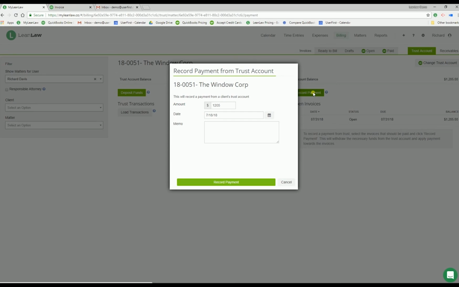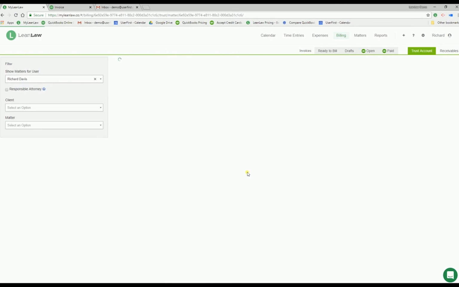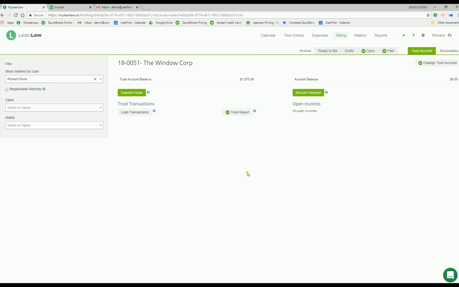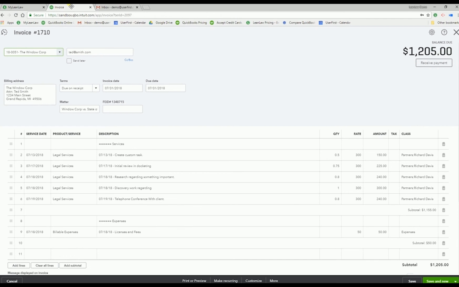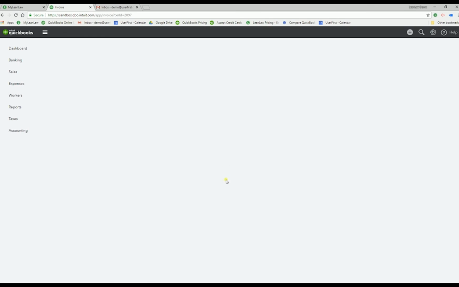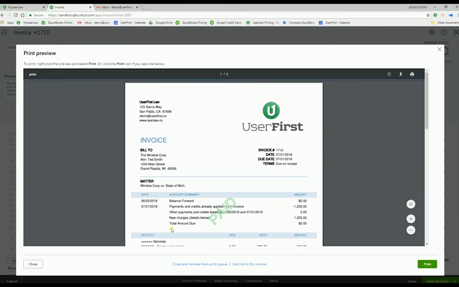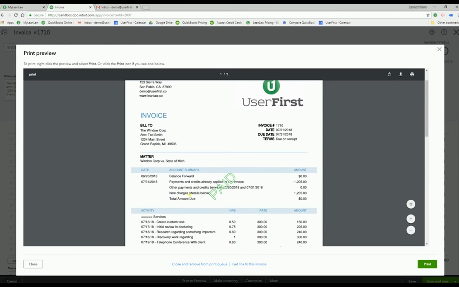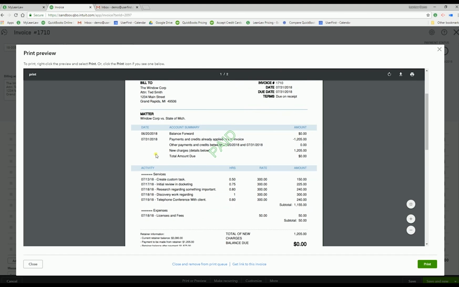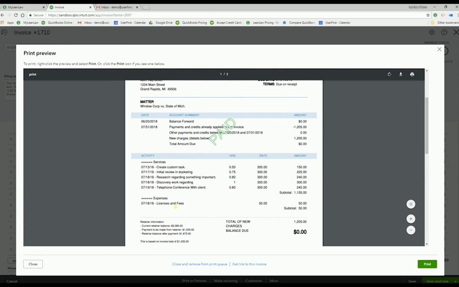Now what that's doing is sending over account instructions into QuickBooks to write a check out of trust, decrease the liability, deposit that check back into operating, and make a payment on the invoice. So LeanLaw is just sending those instructions, but for your purposes, you get to see just this, a paid invoice with a trust statement put on the memo pad so the client knows exactly what has happened. So it shows the balance forward, the matter name is on it, everything's blocked in service groups, and most importantly,